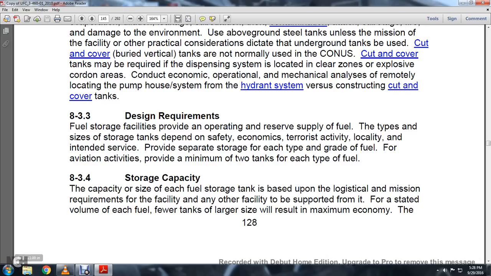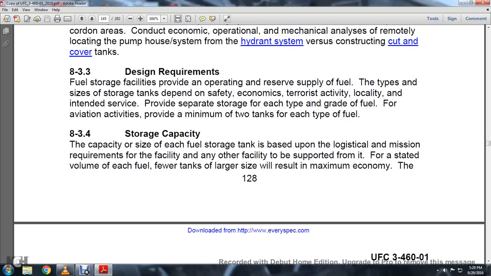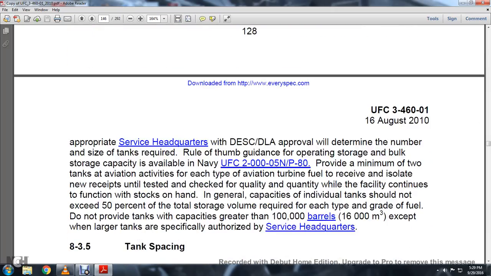8.3.4 Storage capacity. The capacity of the fuel storage tank is based upon the logistical mission requirements of the facility, any other facility that would be supported from it, and the volume of each fuel. Fewer tanks of larger size would result in maximum economy. The appropriate service headquarters must seek DESC DLA approval to determine the number and size of the tanks required. Rule of thumb and guidance for operating storage and bulk storage capacity is available for the Navy